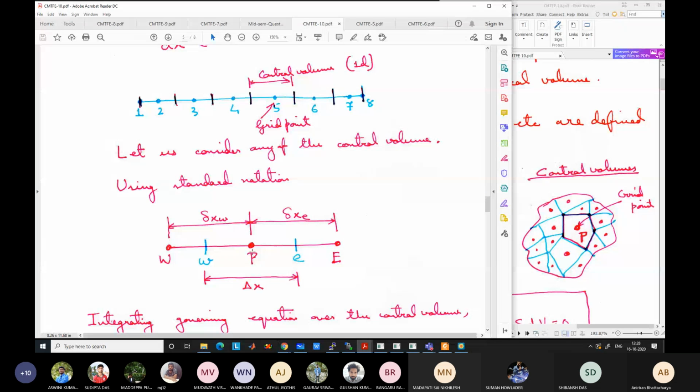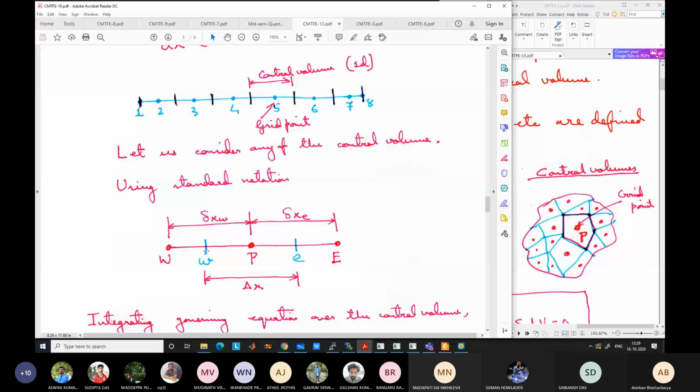The next grid point on the right hand side, which is the east side, is given by capital E. So all the grid points are denoted by capital letters. And the next grid point on the left side, which is the west side, is denoted by capital W. So I have drawn this section going from point 4 to point 6. So one full control volume and 2 half control volumes are shown here. One full control volume, corresponding to point 5, is given by these blue lines. Extent is given by the blue lines.